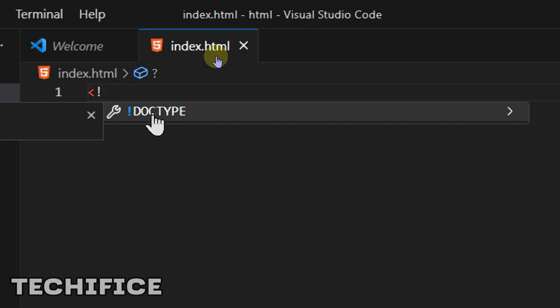So the previous one was just a text editor. This one now is a code editor because it has integration embedded inside it, auto completion, and a lot of plugins and tools that will make the work more efficient and effective. So I'm just going to type